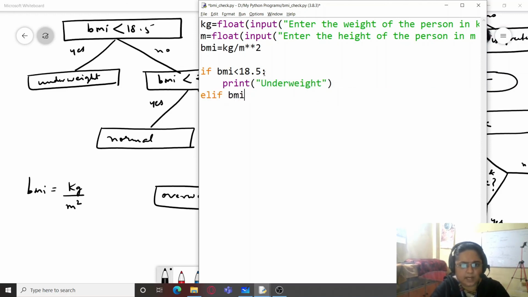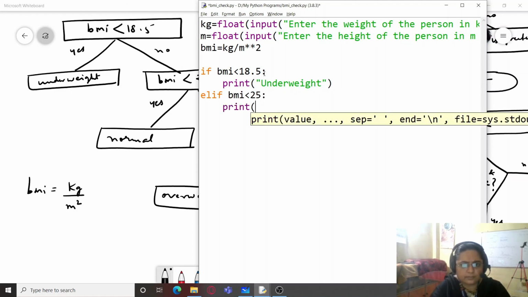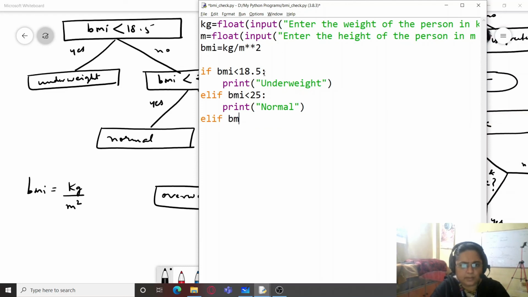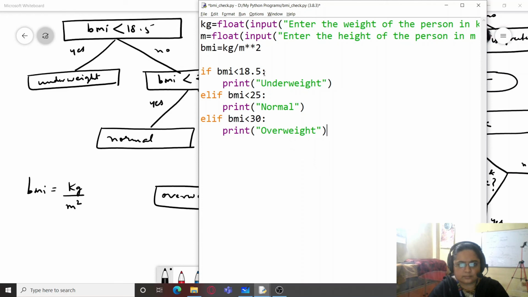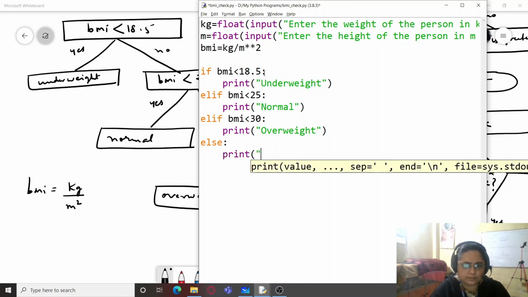Elif BMI is less than 25, it is normal. Elif BMI is less than 30, that is, if it is not less than 25, obviously it will be less than 30. So it will be overweight. Else, print obese.